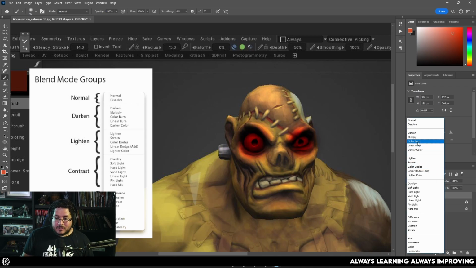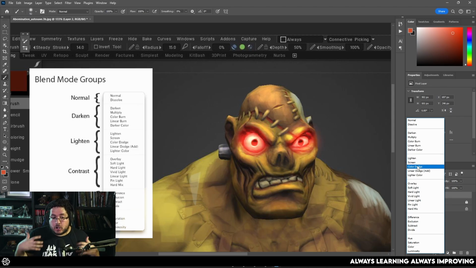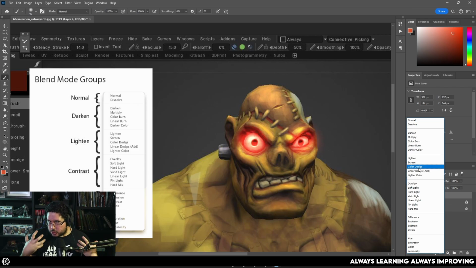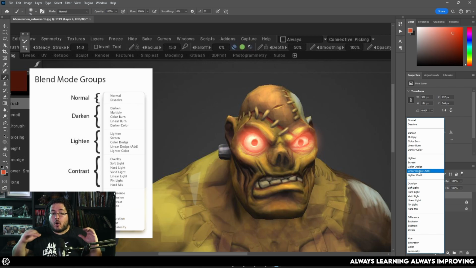Because remember how on Color Burn and Linear Burn, Color Burn will burn the object and Linear Burn will keep the highlights? Well, same thing here. Color Dodge will push the intensity of the highlights. Linear Dodge will not change the saturation. It will reflect the blend color by increasing the overall brightness of the whole thing, right? So with Color Dodge, we will increase the brightness, but we will keep the saturated effect. And Linear Dodge will only increase the brightness. We'll compare both tones, and it will push the brightness over the whole thing.